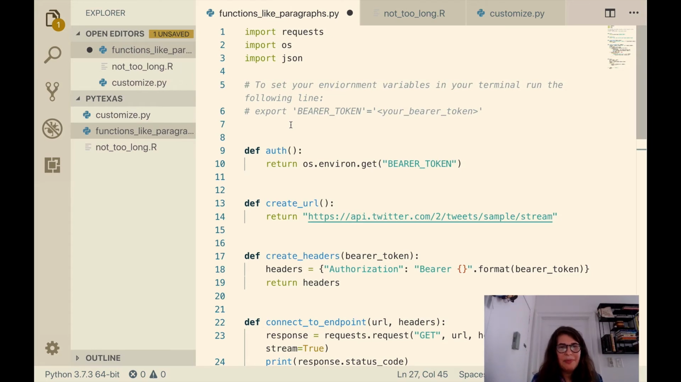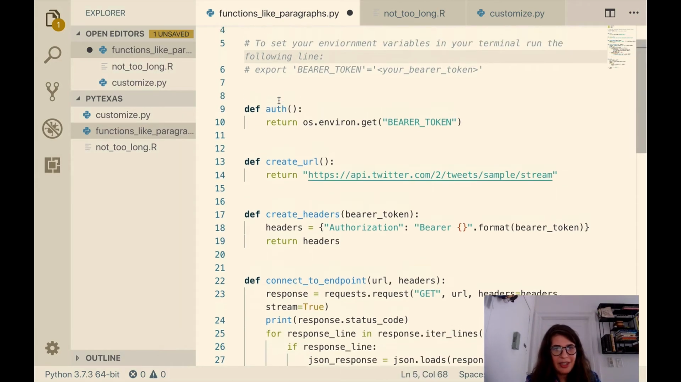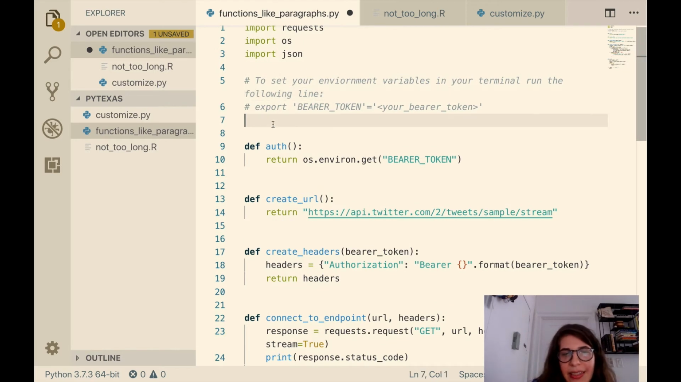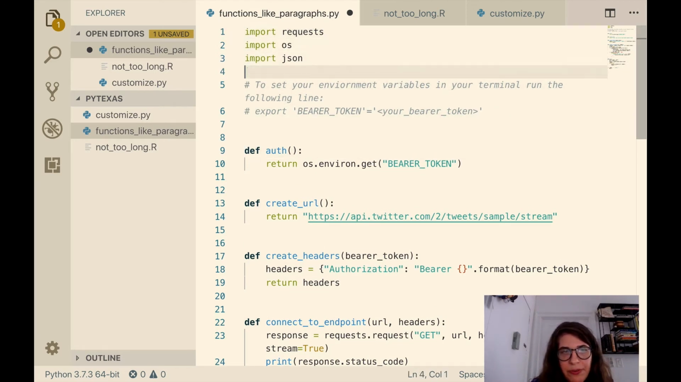We have this import requests, import OS, and import JSON. I do have some comments just to make sure that you have what you need to run it. And this is some sample code that we have for filtered stream inside of our sample code repository for V2. And this is for the sampled stream endpoint. And so from here,